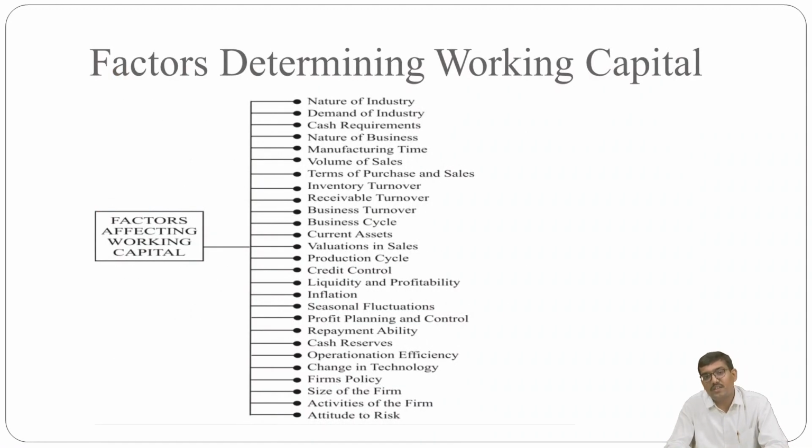Now let's talk about the factors determining working capital. These are the different factors which determine or affect the working capital. First point is nature of industries. Second point is demand of industries. Third is cash requirement. Then nature of business, manufacturing time, then volume of sales, terms of purchase and sales, inventory turnover, receivable turnover,